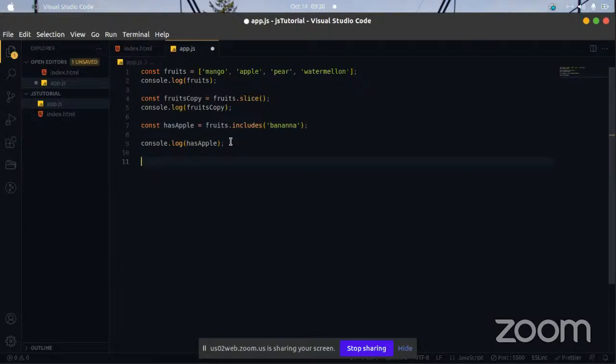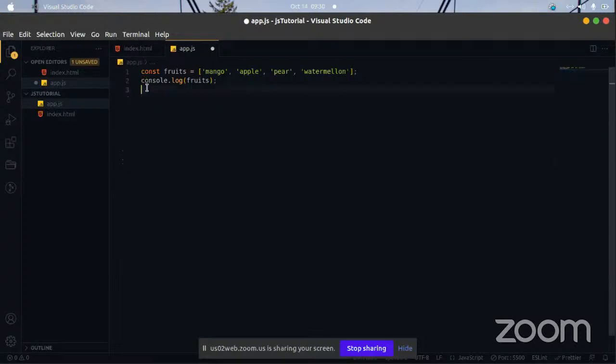Before I write too many codes, I'll still use this fruits array. Now, let's say in the fruits array we want to put mango, apple, pear, and watermelon in separate variables. How will we do that?